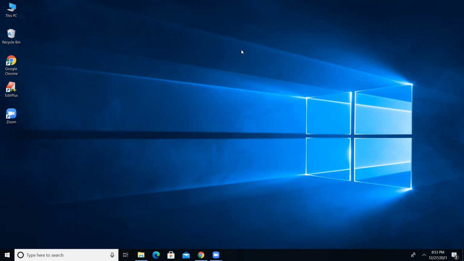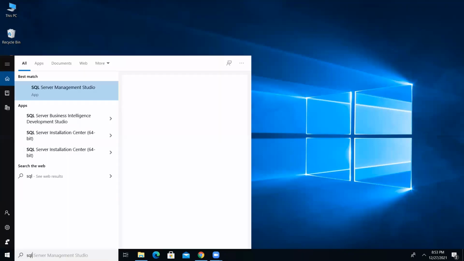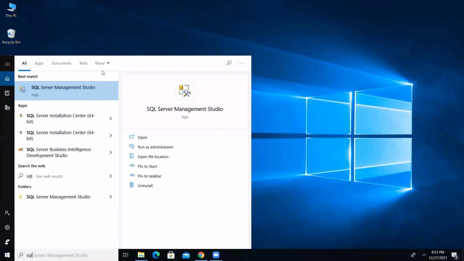We have to open SQL Server. How to open SQL Server here? Search for SQL Server. We have an option called SQL Server Management Studio. Choose this option.